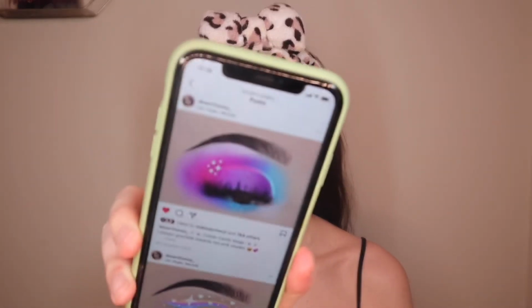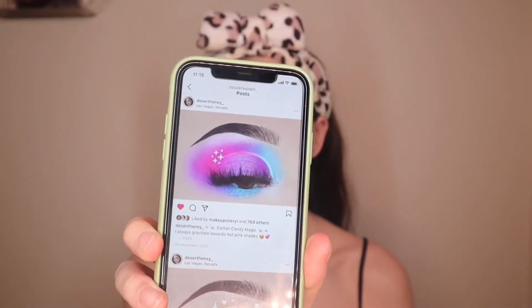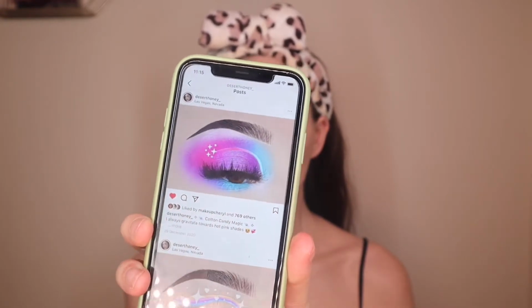Now of course, as you can tell from the title, today we're going to be doing a nice colourful makeup tutorial for you all. And my inspo for today's look is from Desert Honey on Instagram, and this is the look here that we are going to try and recreate,